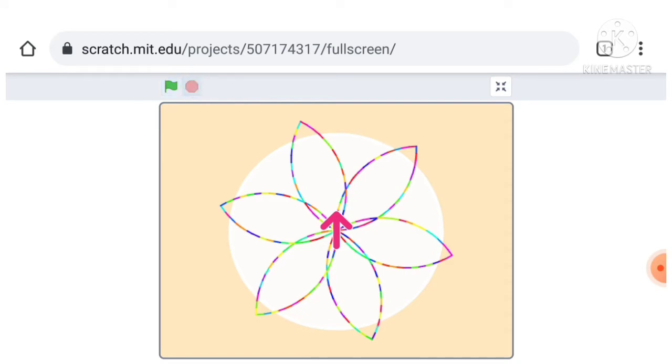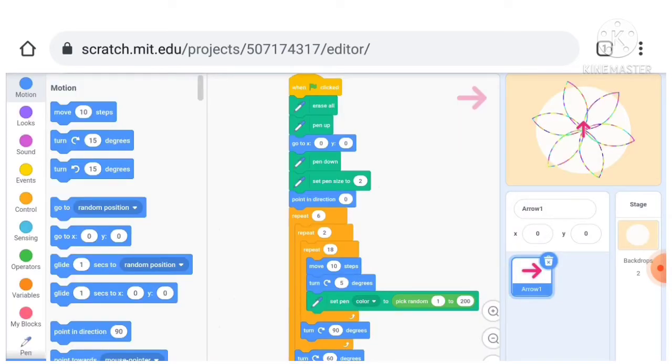So friends, as you have seen in the demo of this animation, the flower petal has been made, and even the sound is also there. So let's learn how I made this on Scratch.